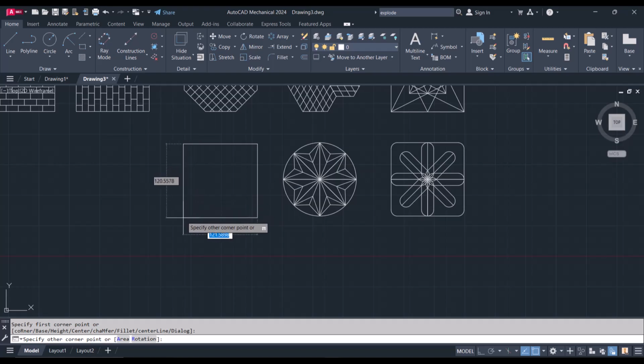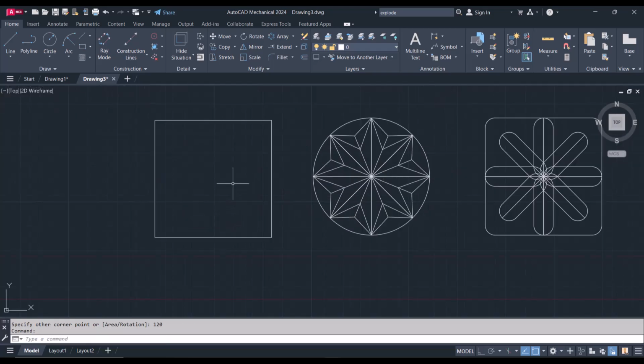So I have 120 and 120, and now a circle with a radius here of 30, and another one, radius is 30,